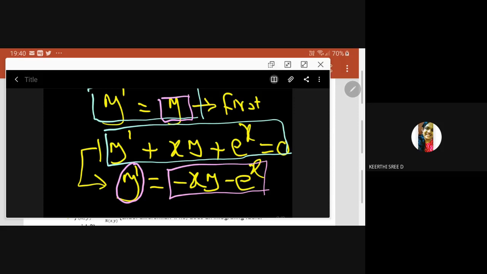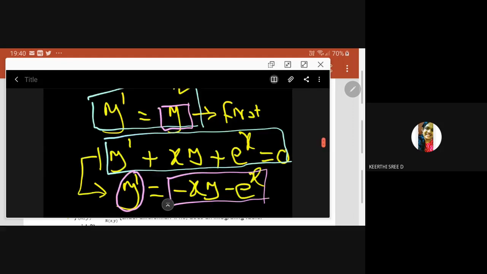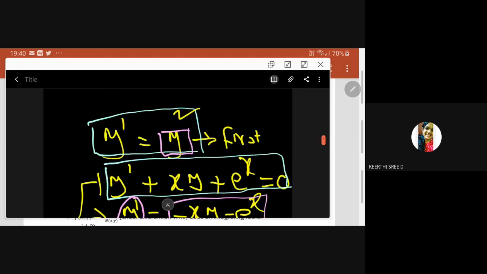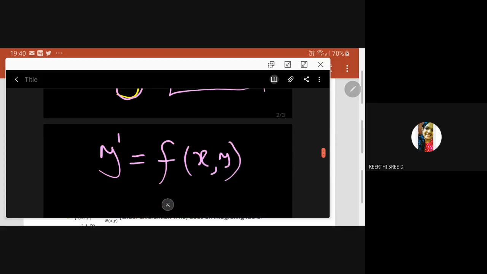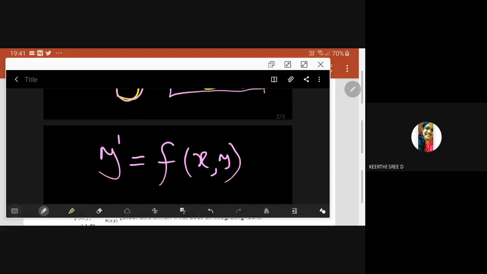So how can I write this one? How can I express this idea? I express this idea like this: y dash is equal to f of x, y. Now, how to attack the problem, we are going to analyze. When I look at this one, where is your f of x, y? In the first example, our f of x, y is